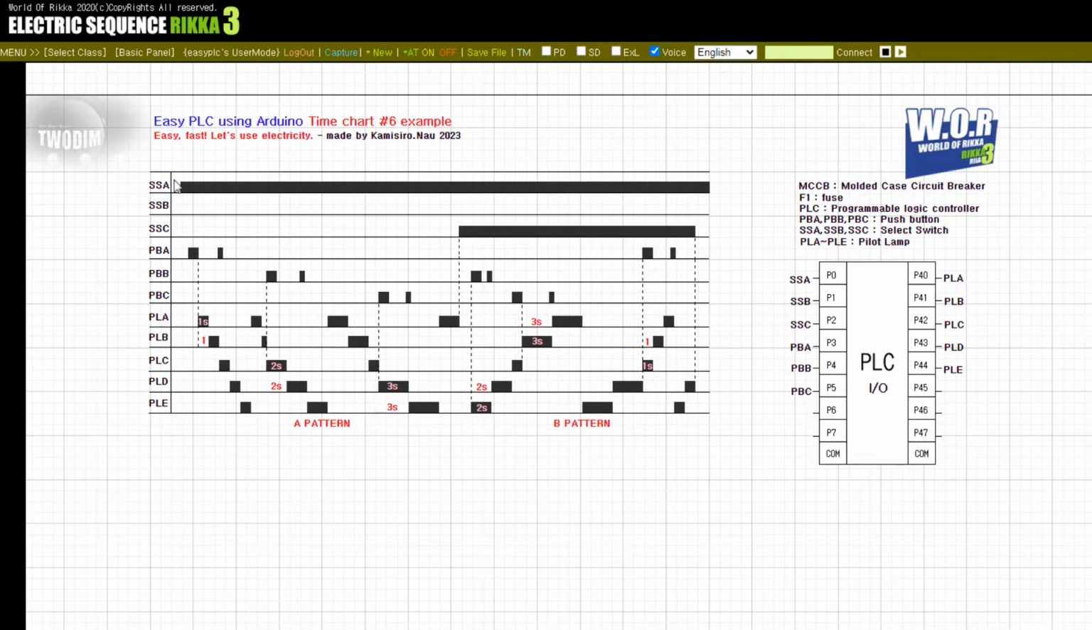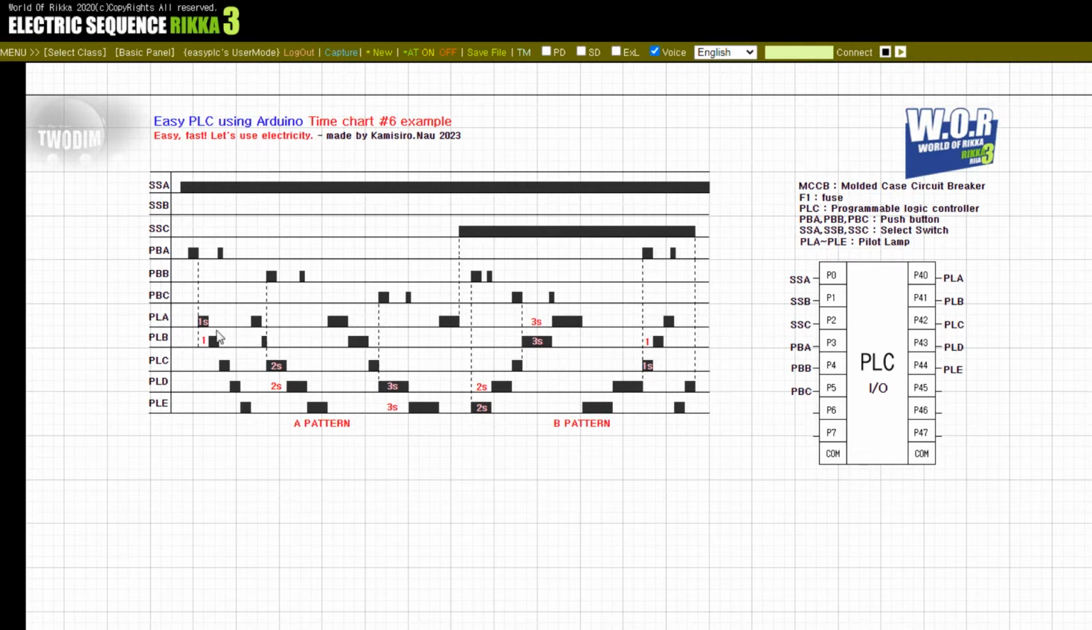First, it should operate when SSA is on and SSB is off. Second, when there is no selector switch SSC input, it starts pattern operation according to the push button input. When there is a push button PBA input, the lights turn on and off repeatedly from lamp PLA to PLE